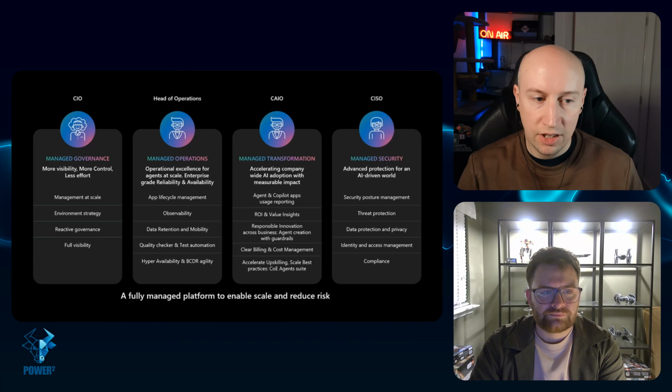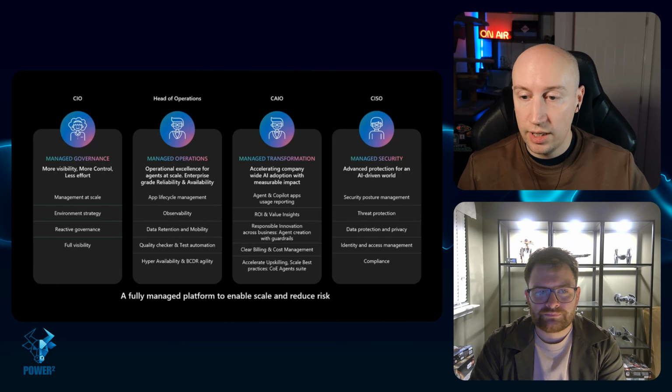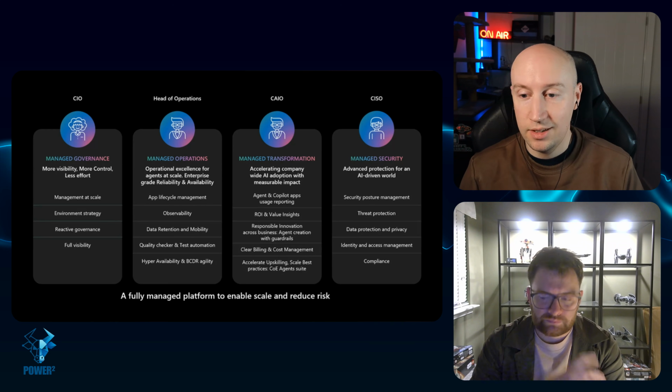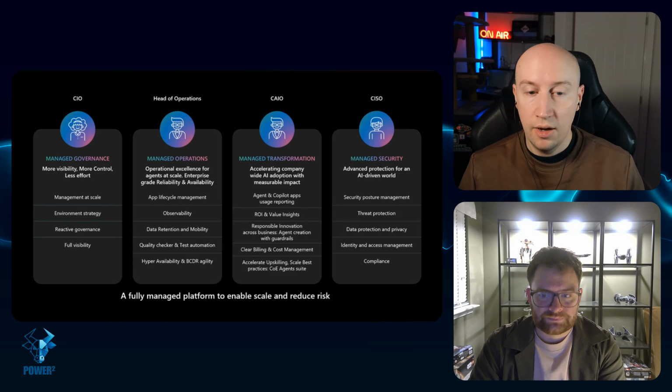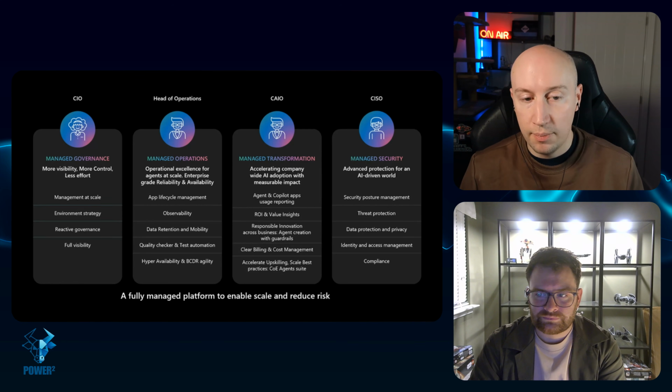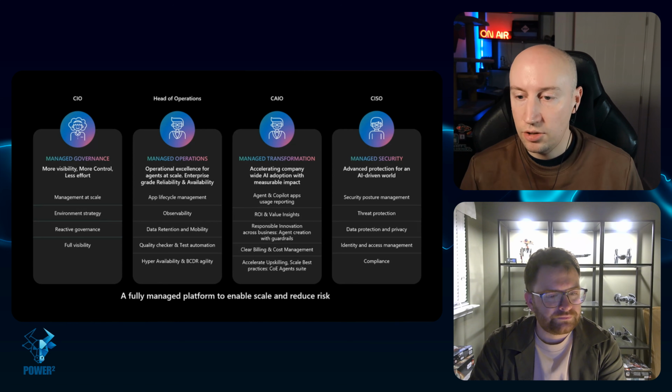So you have your managed governance, where we now have more visibility because we've got this new inventory in Power Platform, which we are going to demonstrate in a future video. You've got managed operations, so there's more things happening with application lifecycle management. Like recently, we got Power Platform pipelines that can help us with that. We want as many things as possible to be solution aware so that we can move them through those pipelines.